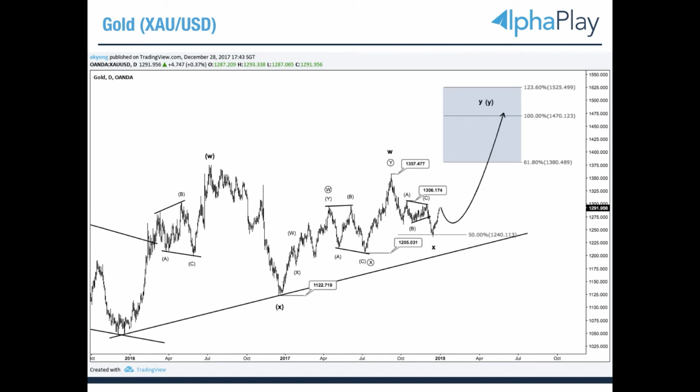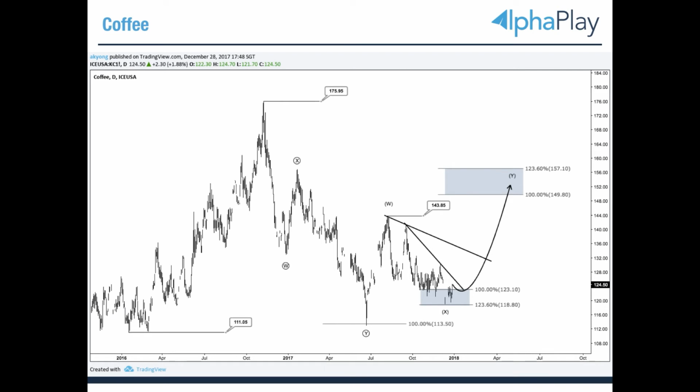Look for long opportunities up to around the first level 1380, second level 1470. All this I will put inside the group, so don't worry about that. Then commodities, this one I don't look into, but for those who are interested, coffee. I want to highlight again, all commodities, if they have a production use, cannot go to zero. Which means that if you close your eyes, long it, and put a stop loss at 0, you won't get stopped out.